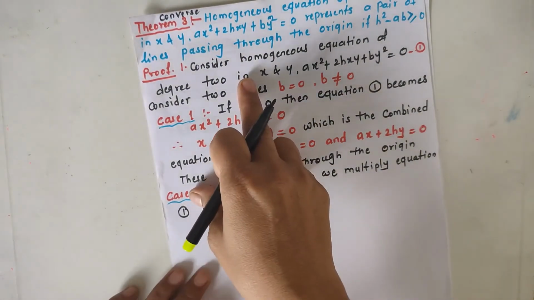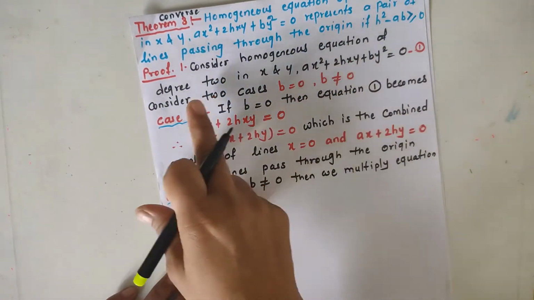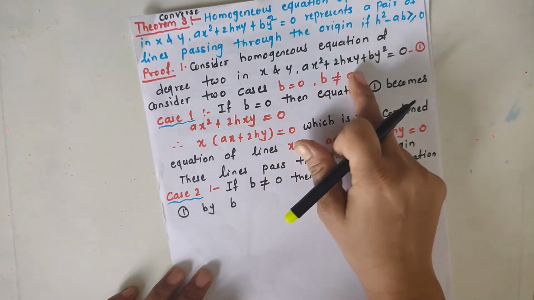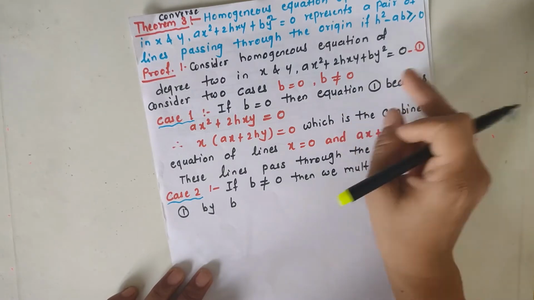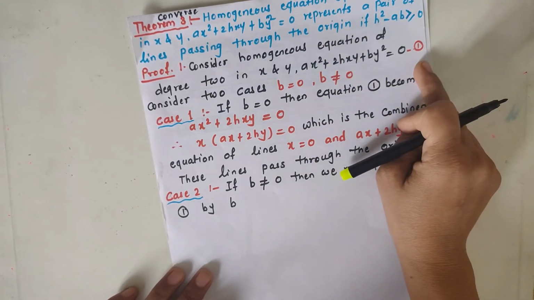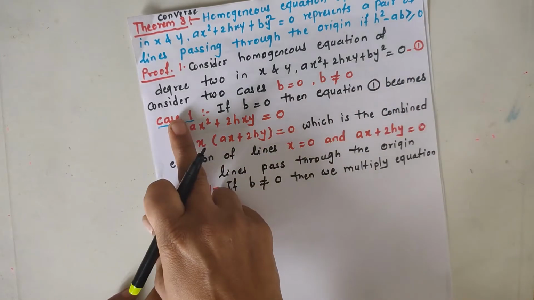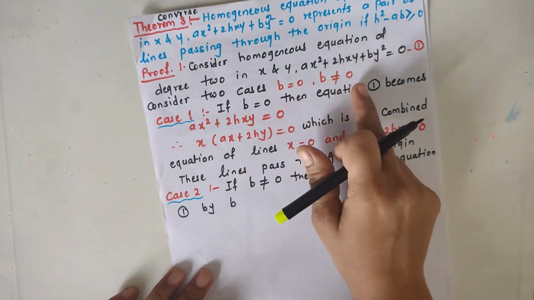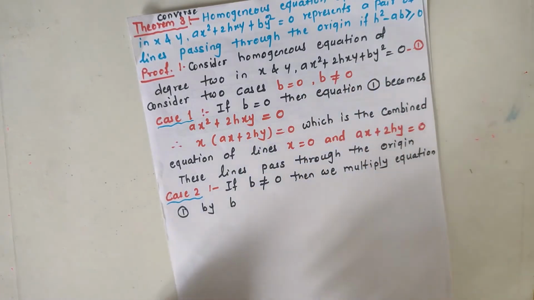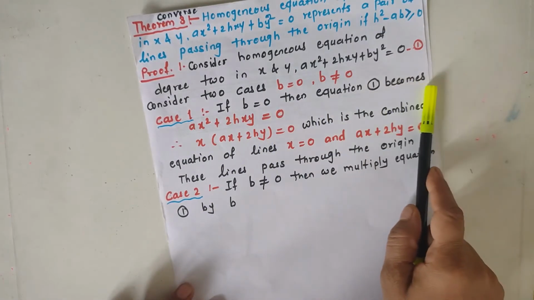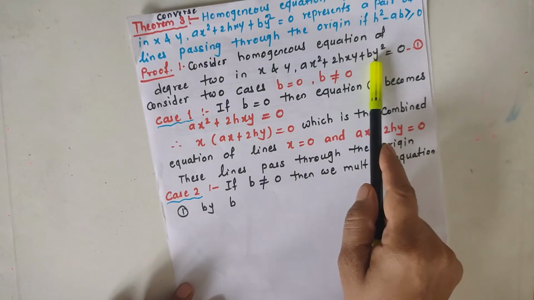Now here we consider the homogeneous equation of degree 2 in x and y, that is ax square plus 2hxy plus by square is equal to 0. This is the homogeneous equation of degree 2, say equation 1. Here we consider two cases. First case b is equal to 0 and second case b is not equal to 0. Now the case 1 is, if b is equal to 0, then equation 1 becomes